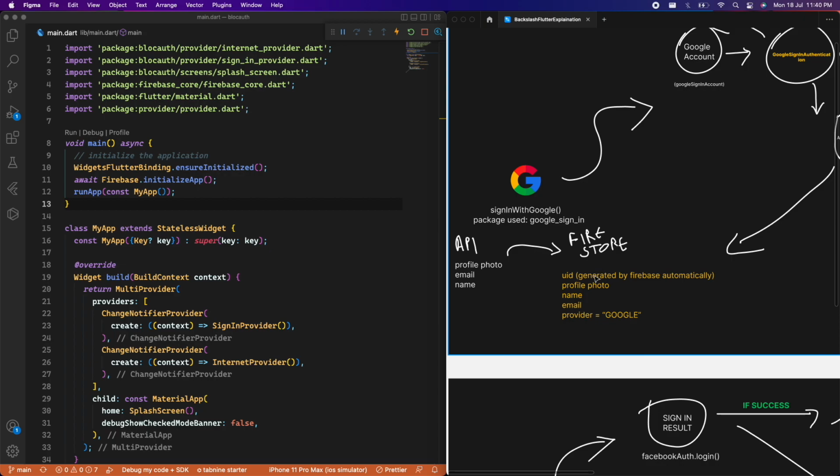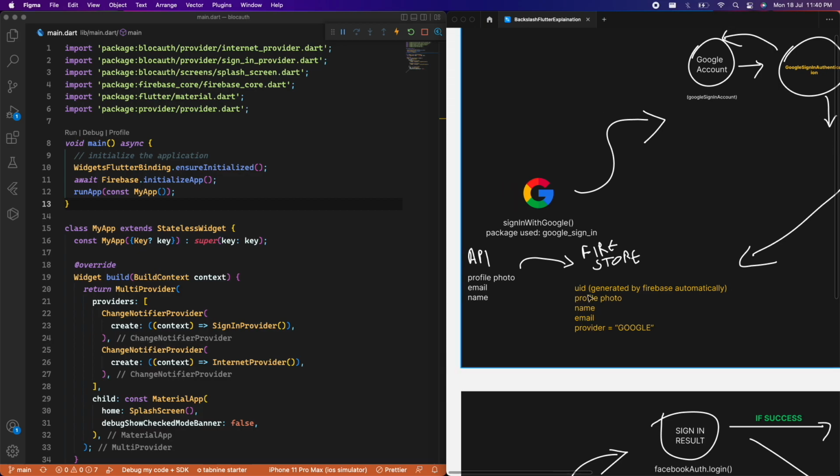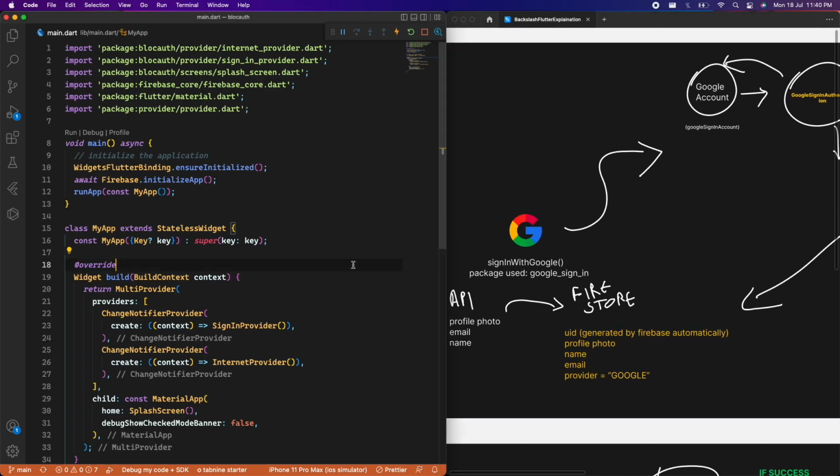The 5 fields that we are going to store are the profile photo that we got from the API, name, email, then a custom field that we will add to distinguish which provider was used to sign into the application, and also the user ID, which is automatically generated by Firebase itself. Now if you go to the sign in provider,